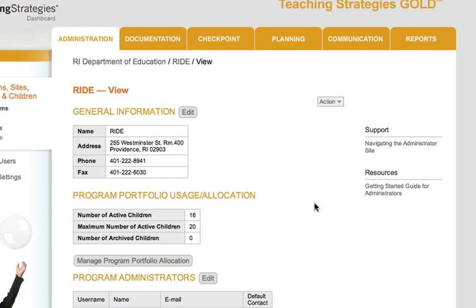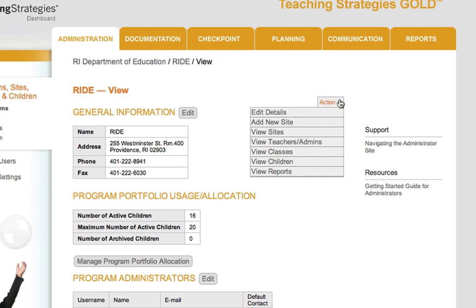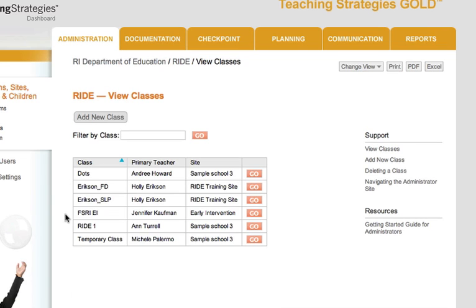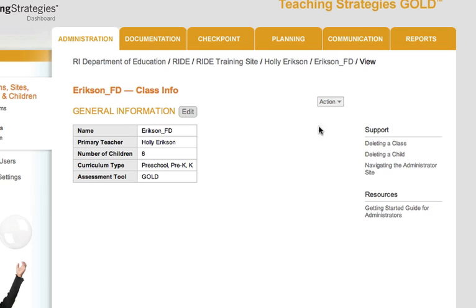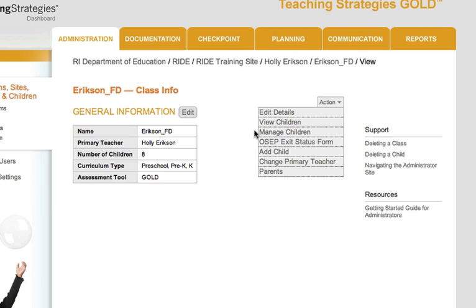We now look at the administrator's part in exiting children. As a reminder, you are viewing a training site and your screen may look a little different. Under your Administrator tab, you will choose View Classes. You now click on the classroom that has the children that need to be exited. Under the Action tab, click on OSEP Exit Status Form,